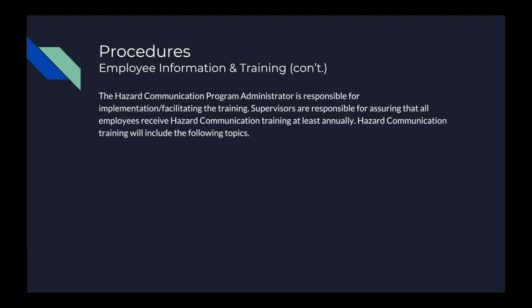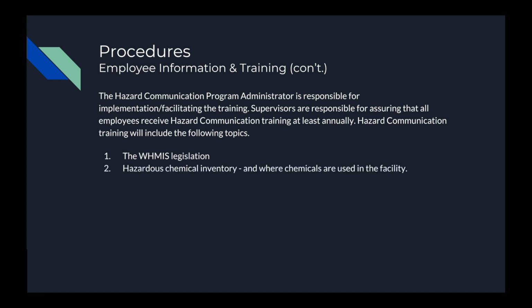Procedures. Employee information and training continued. The Hazard Communication Program Administrator is responsible for implementation and facilitating the training. Supervisors are responsible for assuring that all employees receive hazard communication training at least annually. Hazard communication training will include the following topics: the WHMIS legislation, hazardous chemical inventory and where chemicals are used in